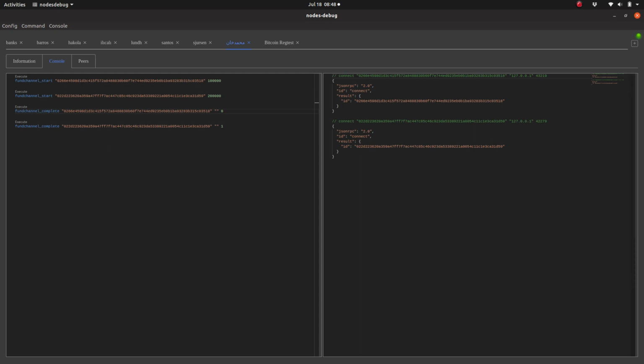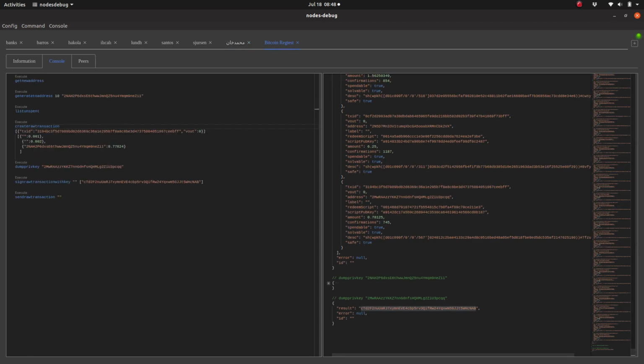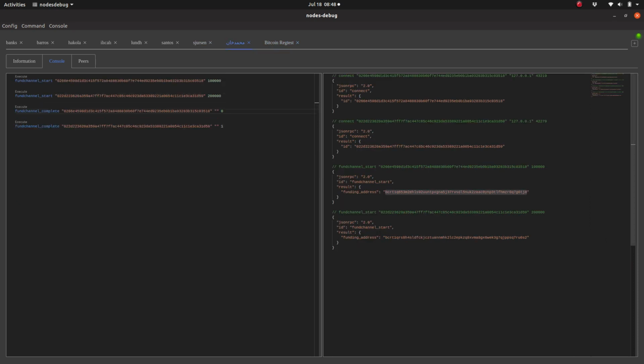I'm going to call fund channel start for Shurzen, and I'm going to open a channel for 100,000 Satoshis, and I got a funding address. I'm going to do the same for Santos for 200,000 Satoshis. I have an address, so I'm going to take Shurzen's address, plug it into my create transaction on my Bitcoin Core node, and I'm going to come back and take Santos's address,